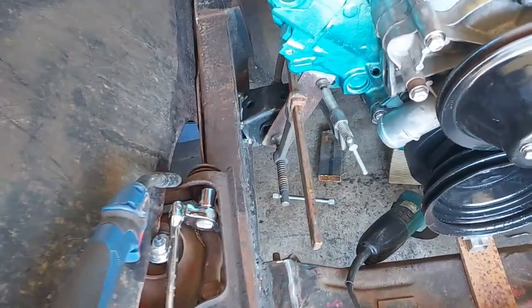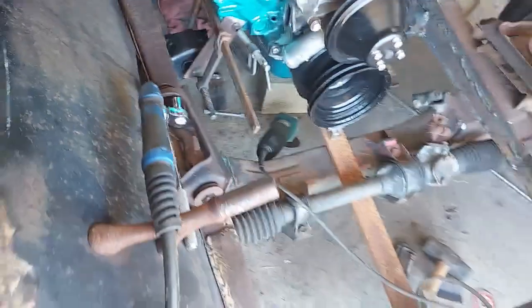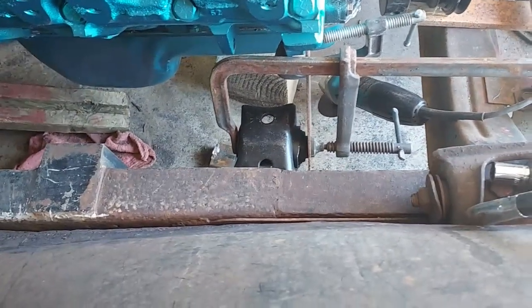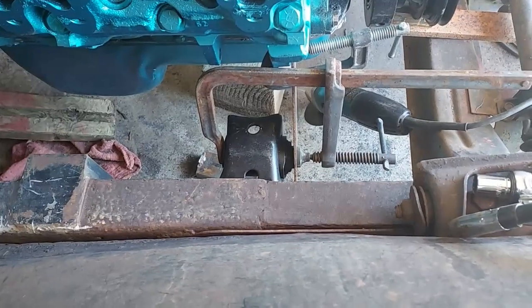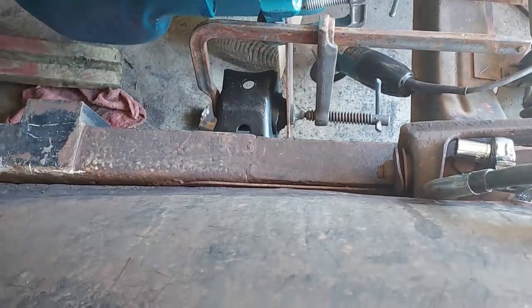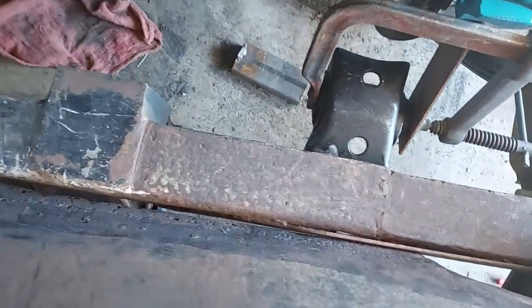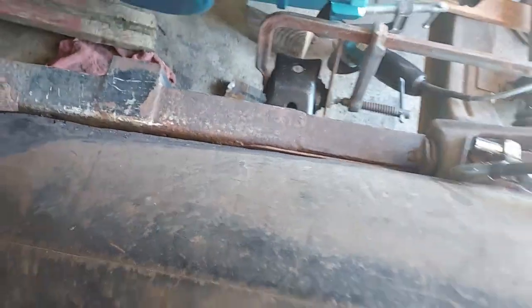Alright, I got that tacked in, and these clamps hopefully got that bolt parallel with my bolt holes in the motor, and I'll just have to weld it all the way around now. But it's on plenty good and solid. I got it welded in 3 places, so